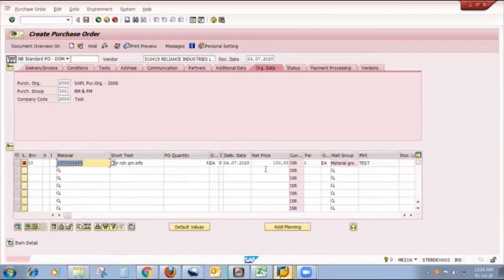Yes. Now the system gives me the message: procurement of the material blocked for quality reason. When I maintained the quality info record for that particular vendor 310415, I created the block function. That's why the system gives me the error message.